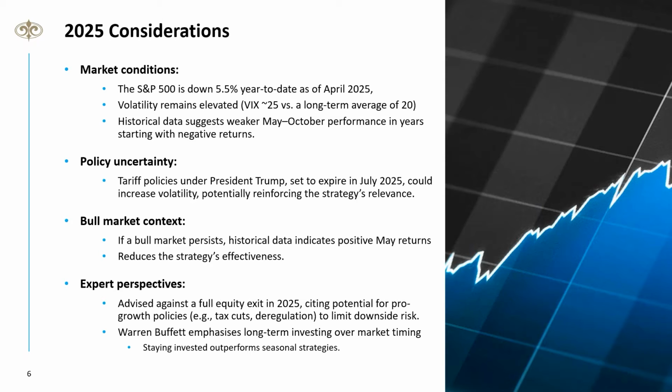But I think the markets have been skewed a lot this year with Donald Trump's Liberation Day tariffs, and you'll see some slides just now. And that leads to my next point, policy uncertainty around Donald Trump. So yes, a lot of these things will only expire in July 2025. But it's still creating a lot of volatility, which, as I said just now, creates that uncertainty. And also, it does lend credence to the strategy's relevance. But I believe that the bull market still persists. And yeah, so the strategy basically is ineffective.